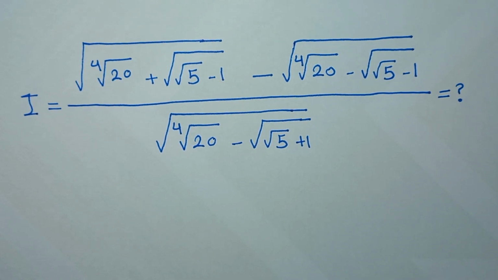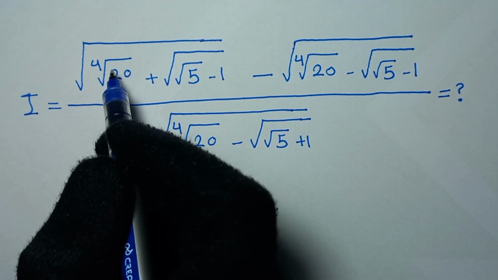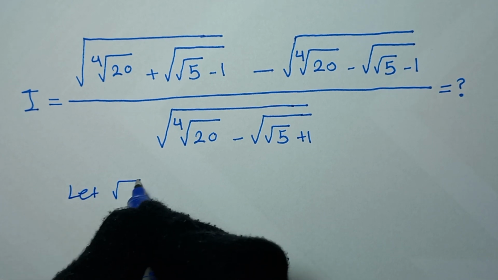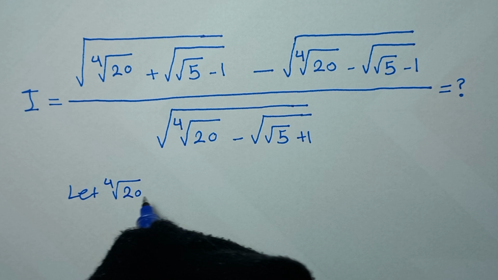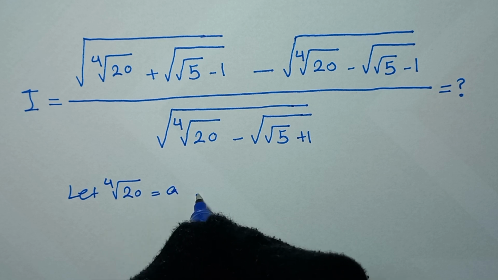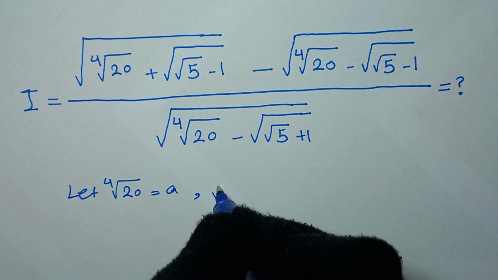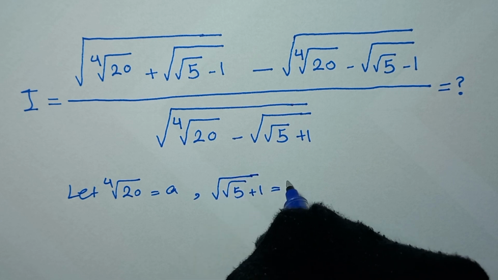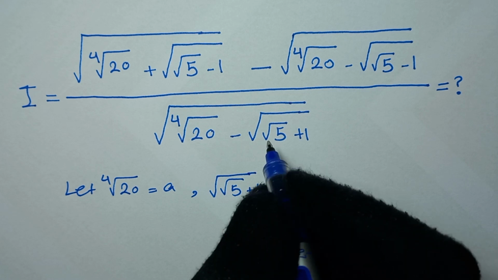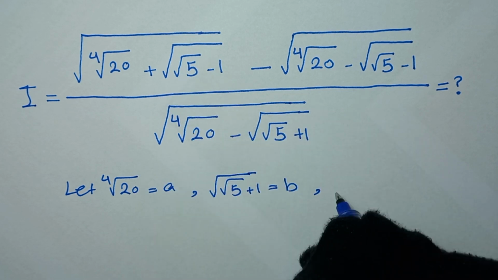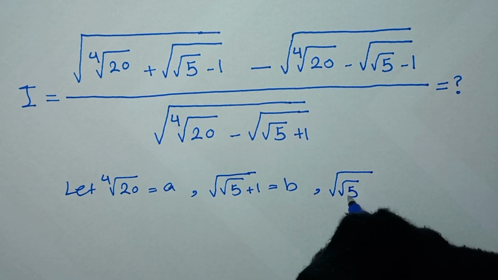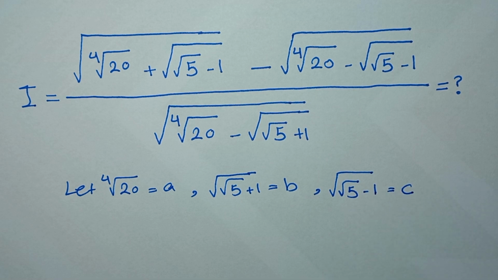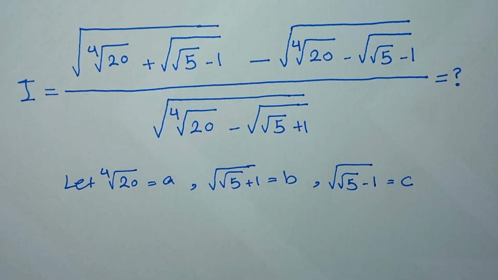In the next step, in here we have fourth root of 20. So, we let fourth root of 20 be a, and in here we have square root of 5 plus 1, and let this be b, and in here we have square root of 5 minus 1, and we let this be c, and rewrite this equation, and it will be